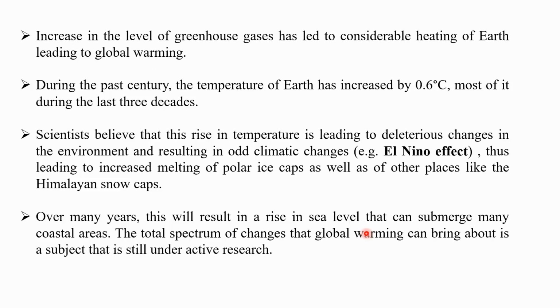So the increase in the level of these greenhouse gases has led to considerable heating of the Earth, leading to global warming. So global warming is basically the effect of greenhouse gases. And during the past century, the temperature of the Earth has increased by 0.6 degrees centigrade, most of it especially during the last 30 years, or the last 3 decades. Scientists believe that if this rise in the temperature continues at this rate, then it may cause deleterious effects on the environment, resulting in odd climatic changes, for example the El Nino effect, thus leading to increased melting